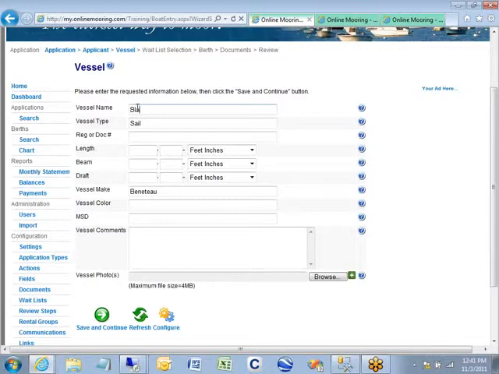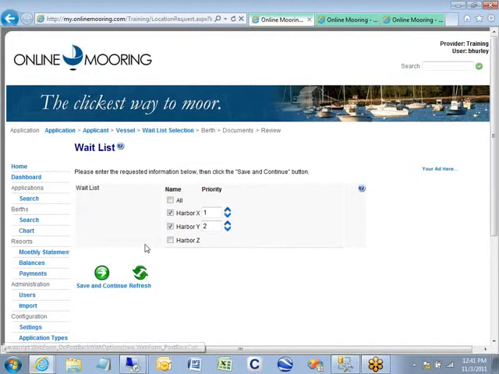And yeah, my boat name is Blazing Star, and my reg number is that. I've got 34 foot, 10.6. All right, save and continue. In this case, we give the applicant the option to stay on the wait list or not. So they could say, well,